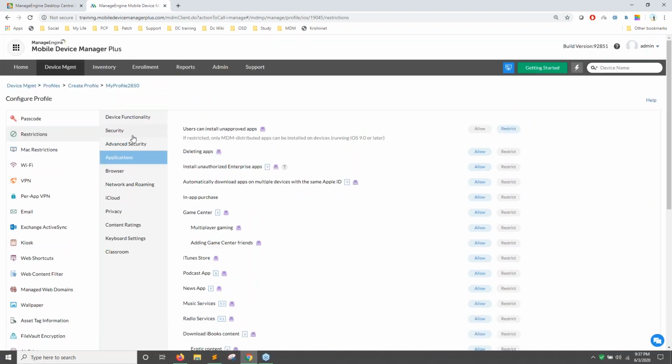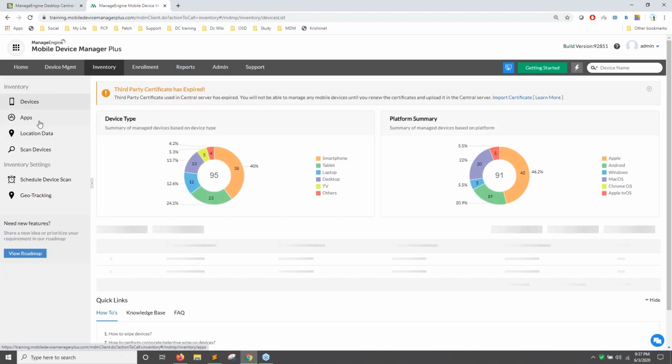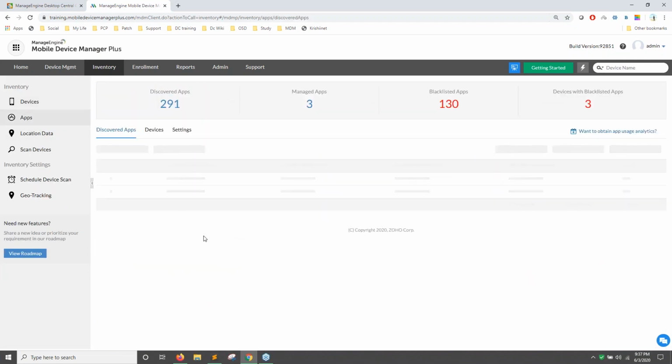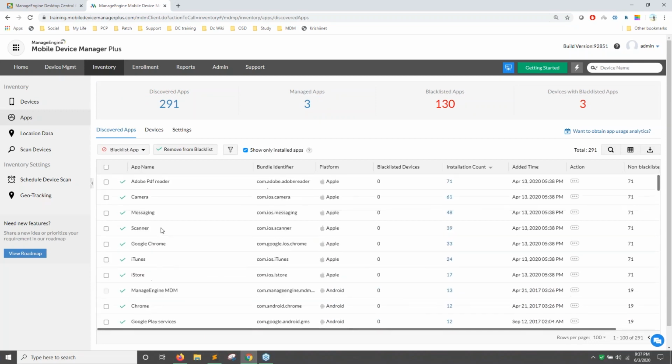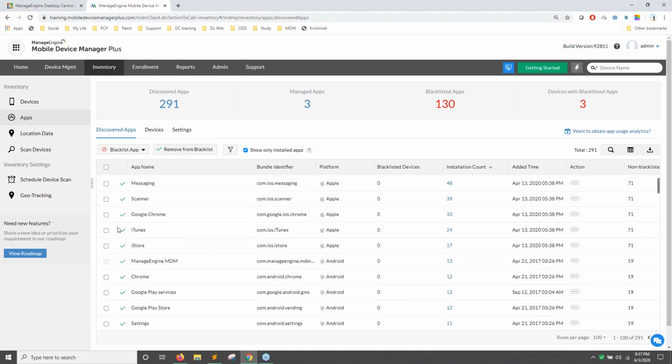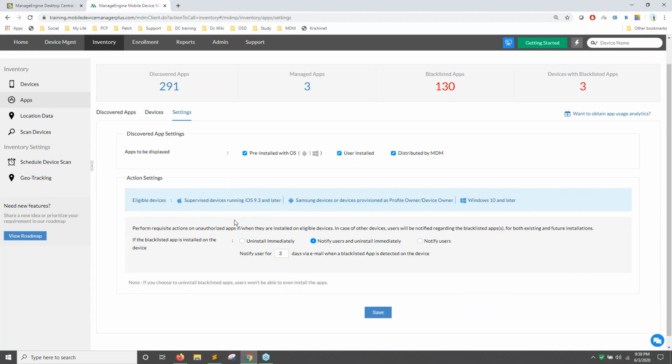And in case the user has already installed certain applications and you wish to prevent them, you can go to the inventory section, where you can see the list of apps installed on all your devices. You can choose the appropriate app. Let's say I wish to blacklist a certain application. I'll select the required apps and blacklist them either to all the devices, or to a specific group of devices alone. And once I've blacklisted an application, you can also choose what actions to perform on the blacklisted apps: